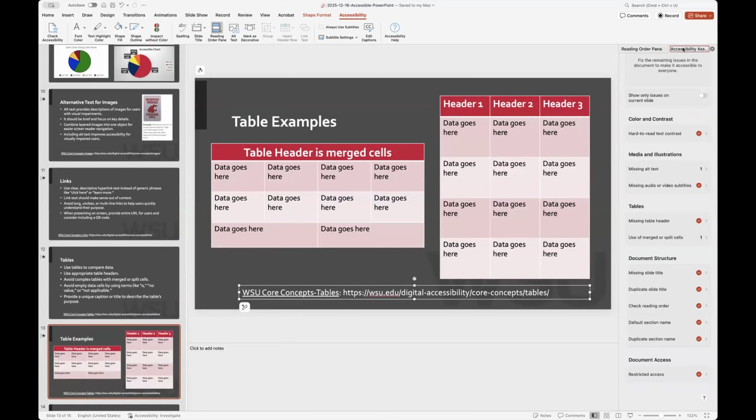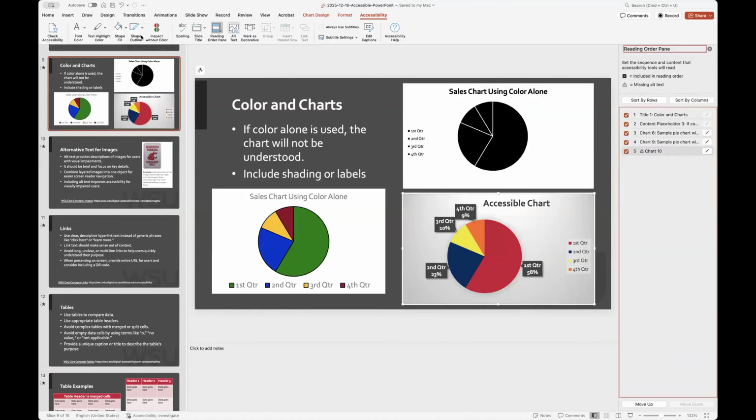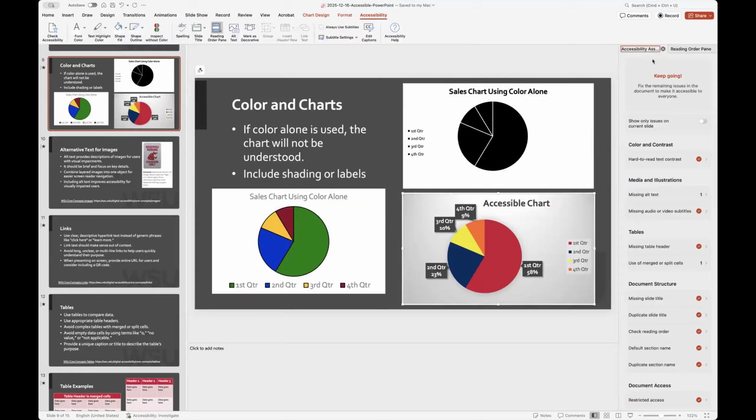Okay, so going back to the accessibility assistant, we'll pretend like I have all of these. We're ignoring that missing alt text. We'll pretend we have all of them fixed. And I just closed out again of my accessibility checker. And then next I wanted to show you